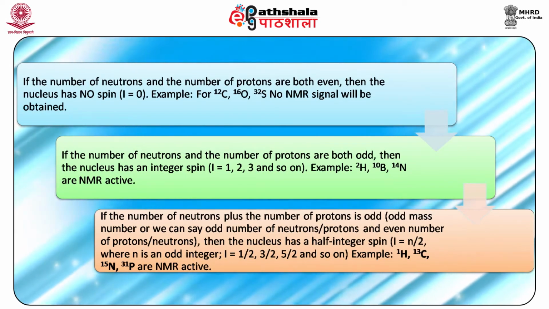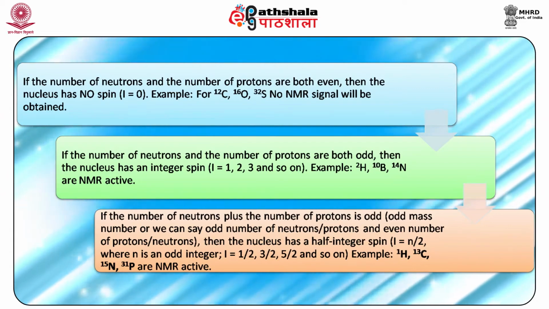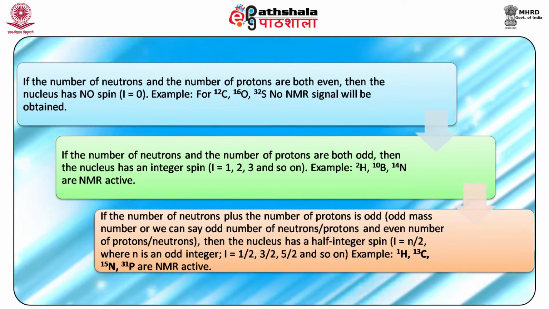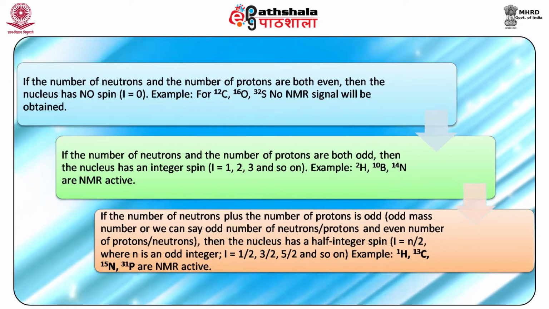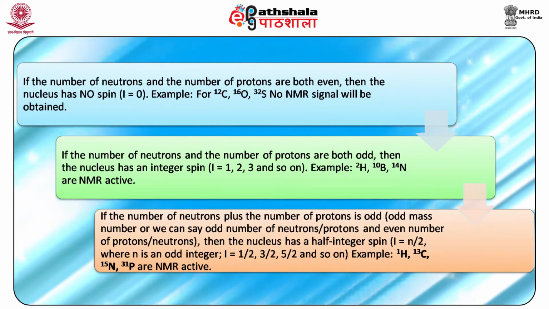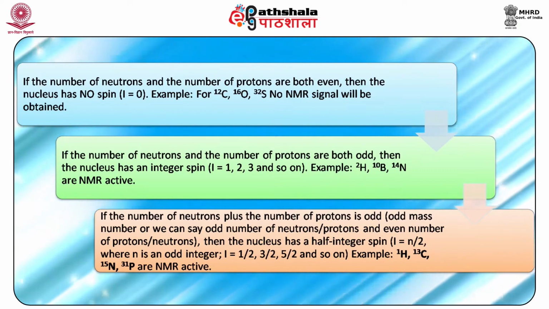Example: 2H (deuterium), 10B, 14N are all NMR active. Empirical rule number 3: if the number of neutrons plus the number of protons is odd, that is, an atom